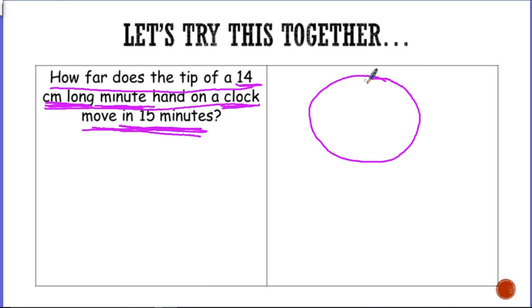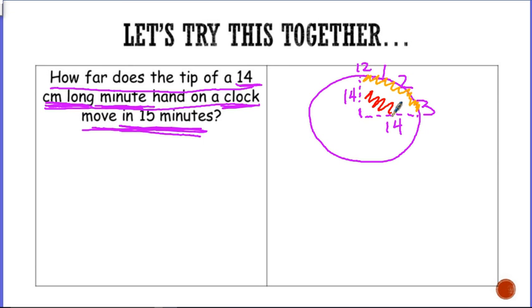And the minute hand would start here, and then it's going to end up somewhere over here. If you look at your clock, you get 12, and then you get 1, 2, 3, and these count by 5. So 5, 10, 15. And it told me that this hand here is 14 centimeters. This is 14, and it said it moved in 15 minutes. So it's asking me to find this orange part right here,